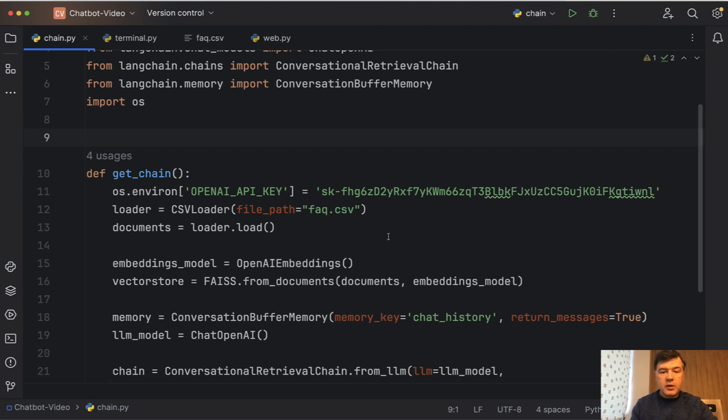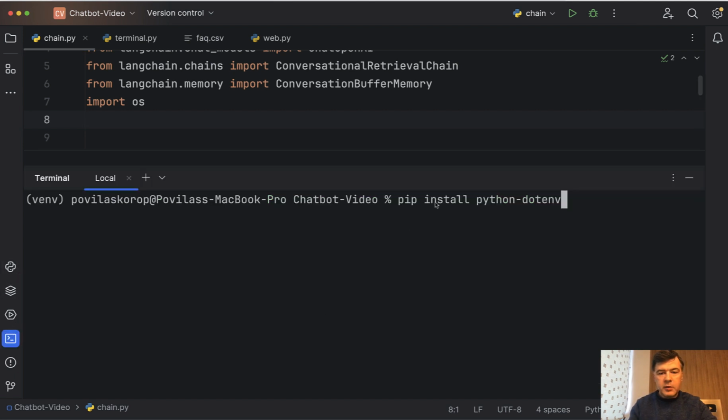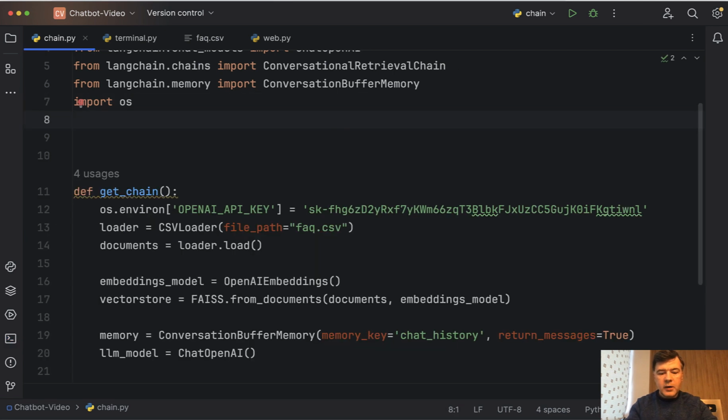So yeah, we'll load that once, but then it still is in our code. We cannot push that code to GitHub or show that to colleague or somewhere, right? So to load that variable from the environment, we import another library, but first we need to install it in the terminal. We run pip install python-dotenv. And then we go from dotenv import load_dotenv. And instead of that line, we just call the function